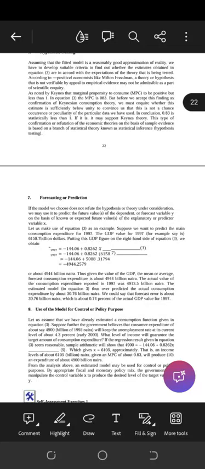As noted by Keynes, the MPC is meant to be positive but less than 1. So if you look at equation 3, the MPC is 0.083. So this is an indication that okay, this thing is kind of correct. But before we accept this finding as confirmation of Keynesian consumption theory, we must inquire whether this estimate is sufficiently below unity. Unity is 1. Okay, it is below 1, but is it sufficiently below 1? Is it a perfect figure that we are supposed to get, or is it a realistic figure that we are supposed to be getting?